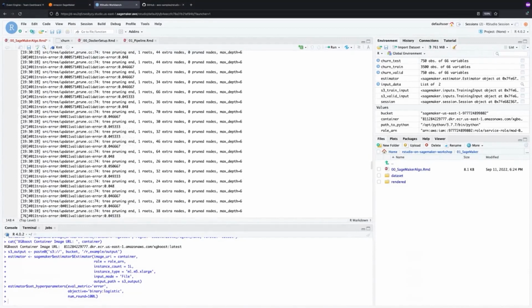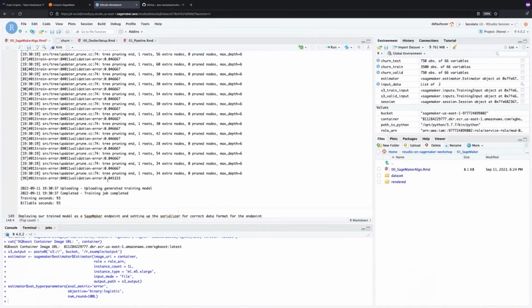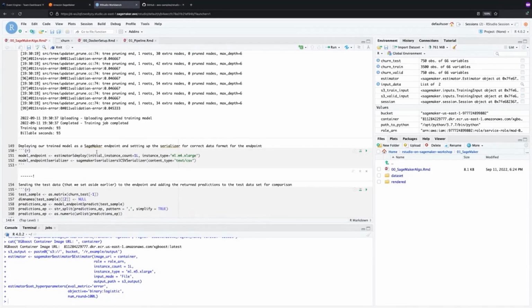And as we keep going down here, finally the model training terminates when our error is 0.045. It took 93 seconds for this model to run on this particular instance. So once this model has been run,